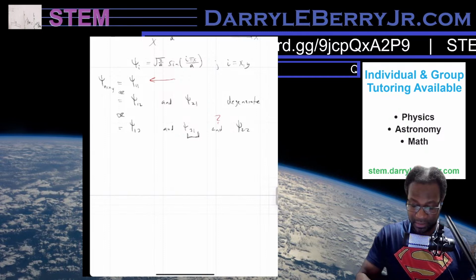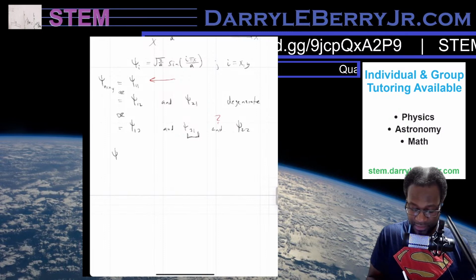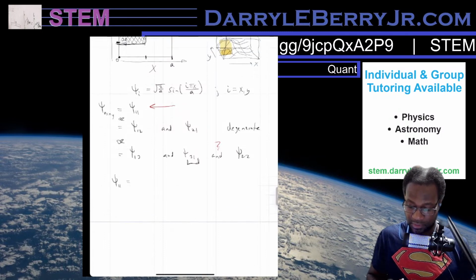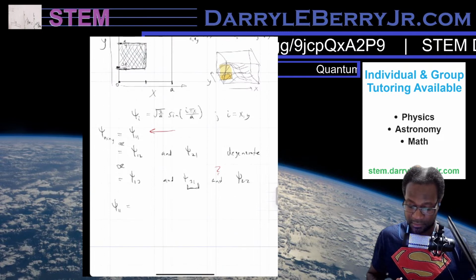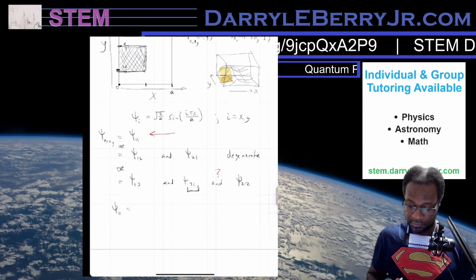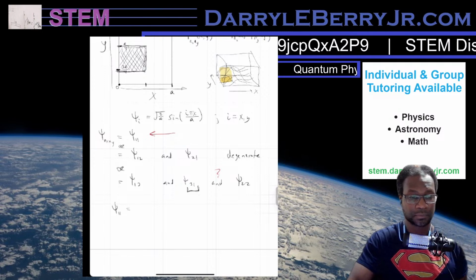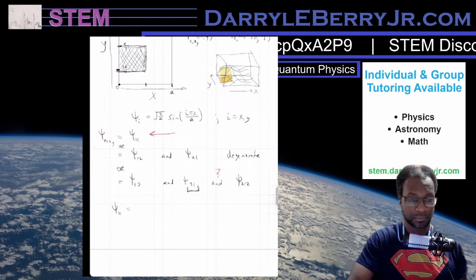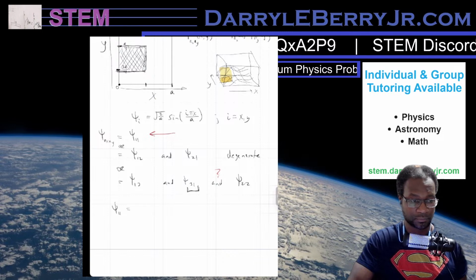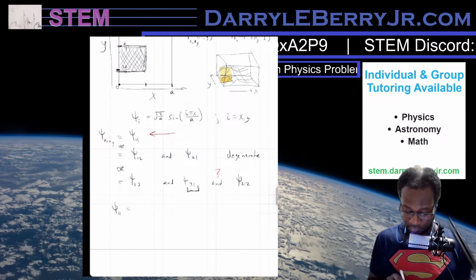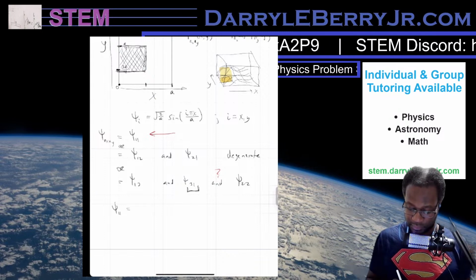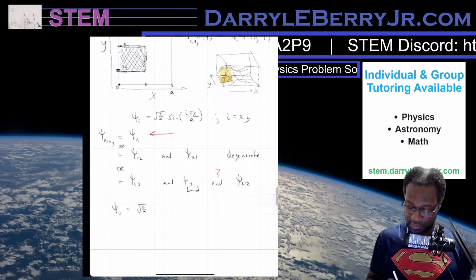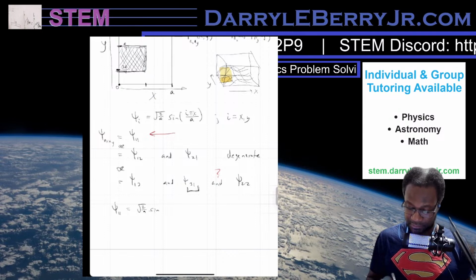So we have psi 1,1 equals square root of 2 over a, and we have sine